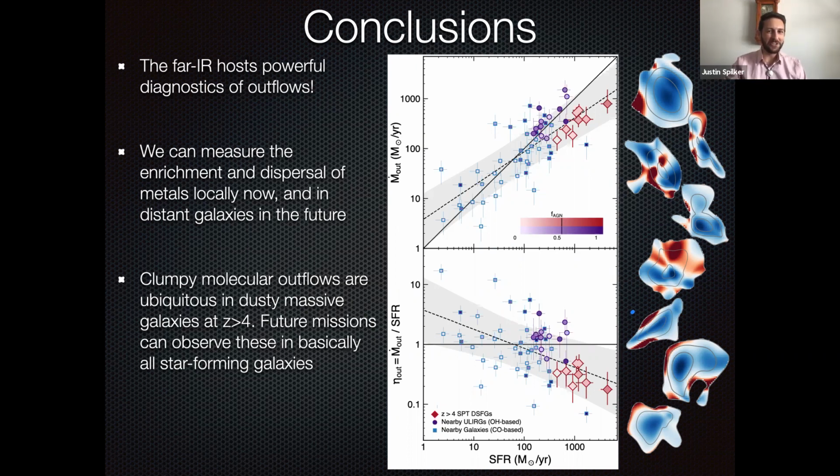The answer is that the selection of targets were whichever ones seemed like they would be possible to observe a molecular outflow in. So in practice, what that means is that we span IR luminosities from a couple 10 to the 12 up to about 10 to the 13 at whatever redshifts happen to correspond to windows in the atmosphere where I can observe OH. So it's by no means a statistical sample or a cleanly unbiased sample or anything like that.